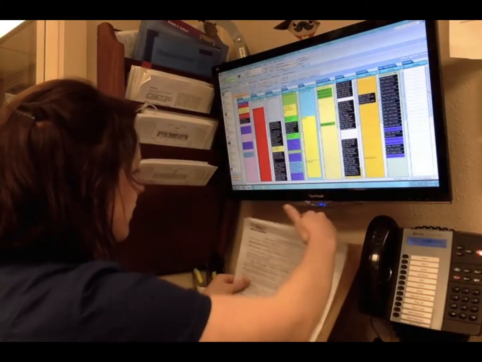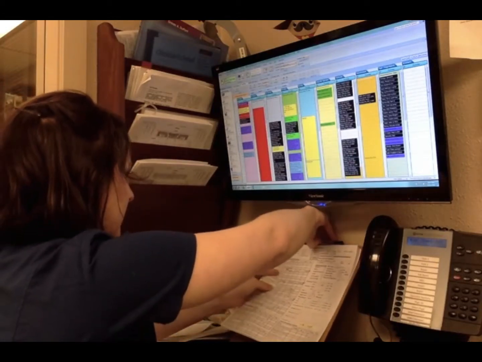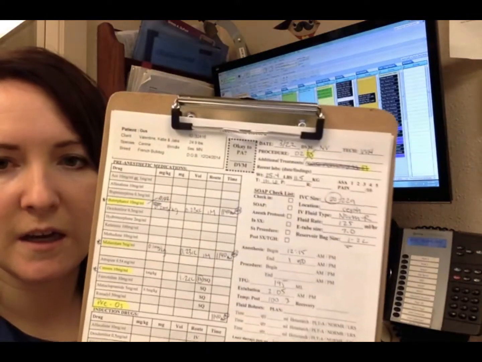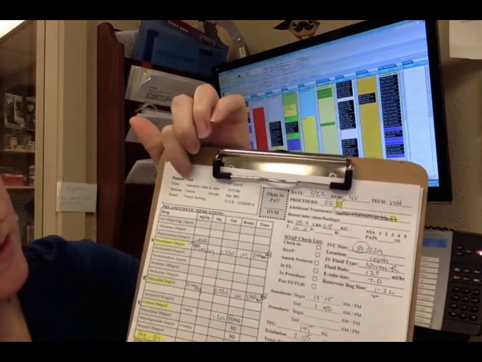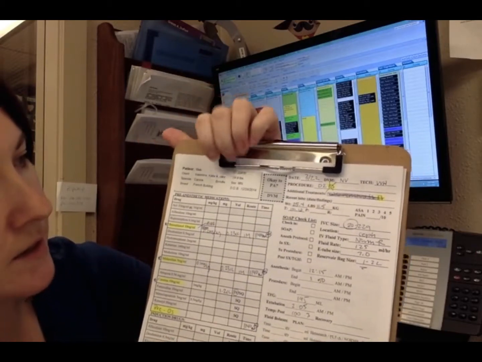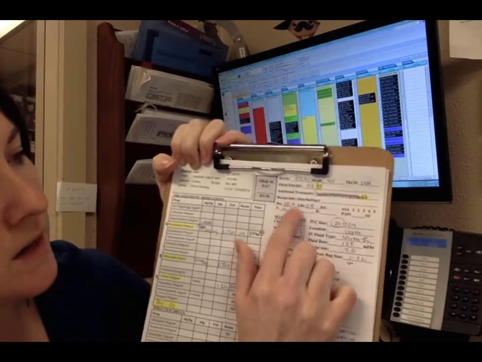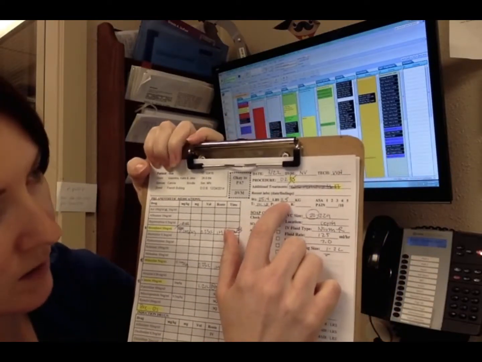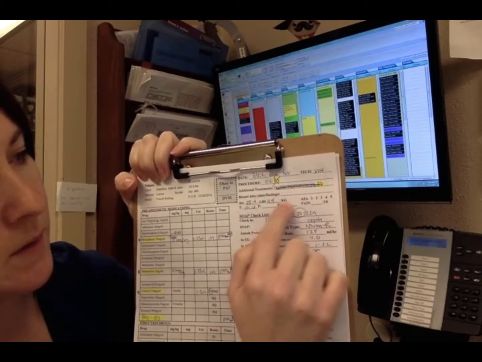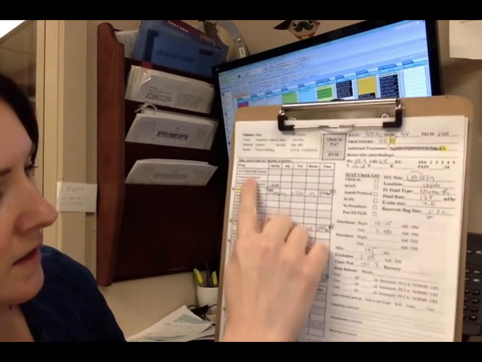One of our most important sheets, while Mr. Gus is in for his dental, is his anesthesia form. So this has, again, all of his information. It has the same information that was on his cage card: name, first name, last name, ID, all of his signalment, and his birthday. This has his weight, and we also converted it to kilograms. Has the date, any procedures to be done, if we want any additional treatments, the doctor and the technician that's in charge of him, and then this was his